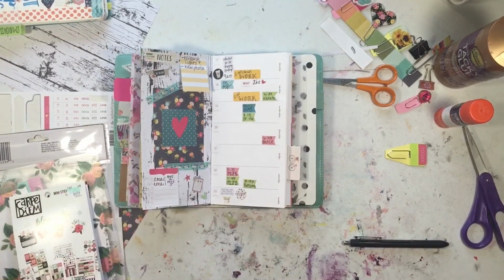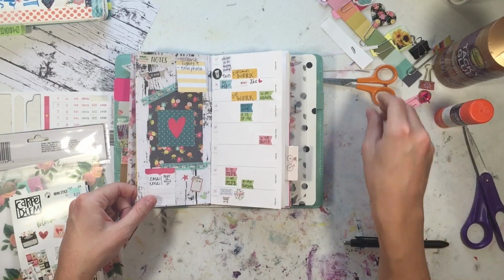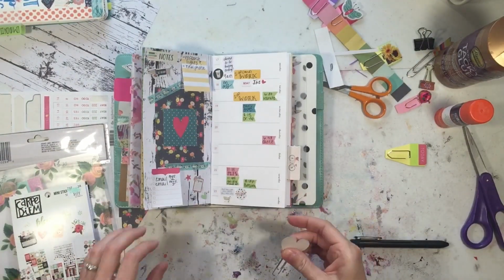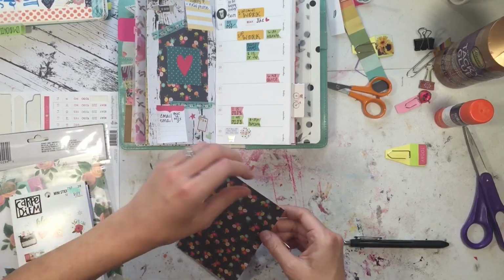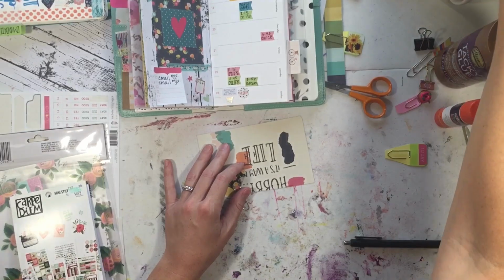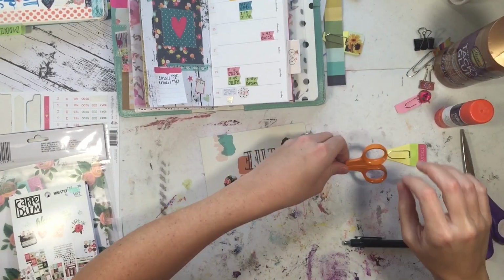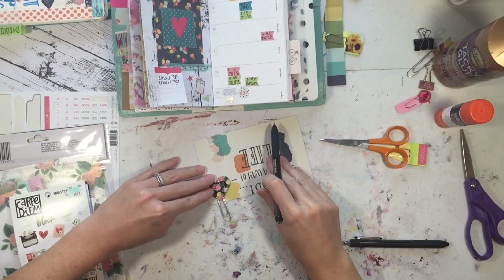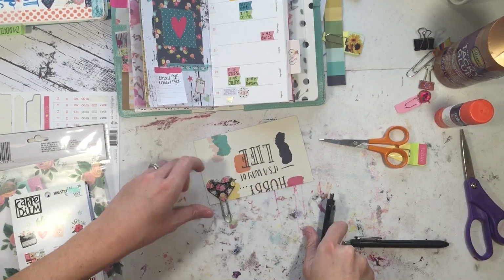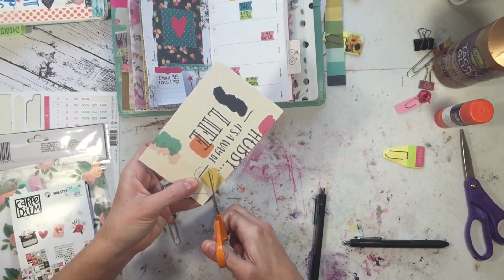I am loving the way that this week turned out. It's totally different from my previous style in my Scribbles That Matter bullet journal, but I'm just loving it, and I'm planning on taking it with me and putting it in my purse and having it around to take notes or journal or do anything, which wasn't exactly the best with my Scribbles That Matter bullet journal. So,